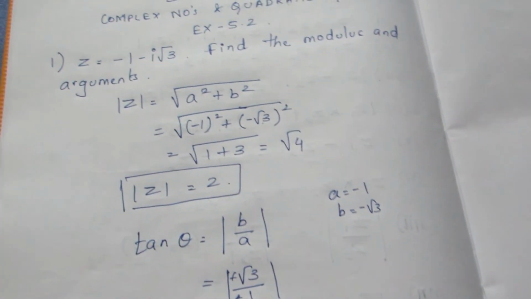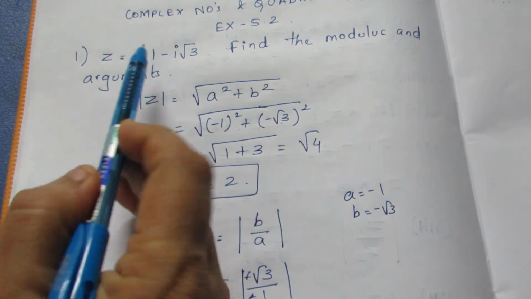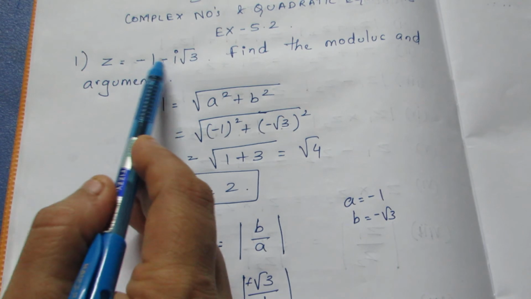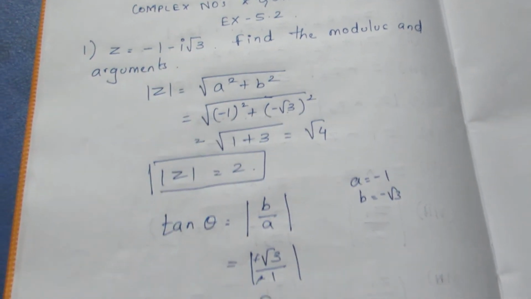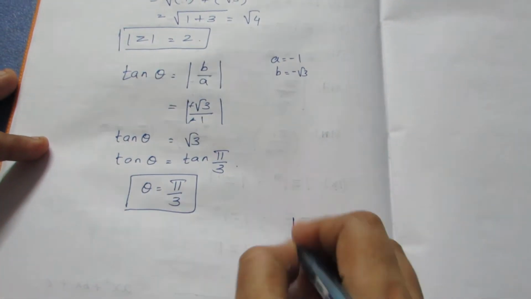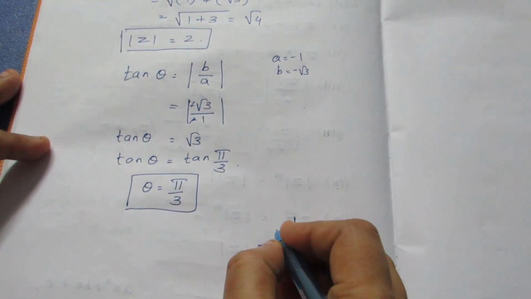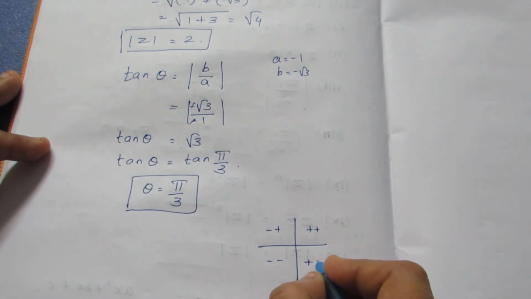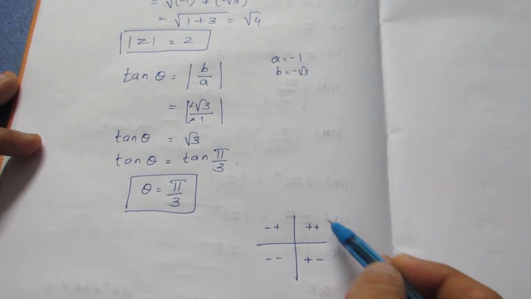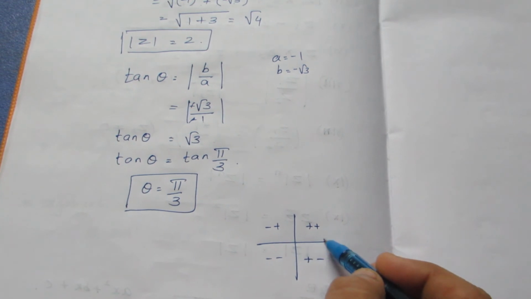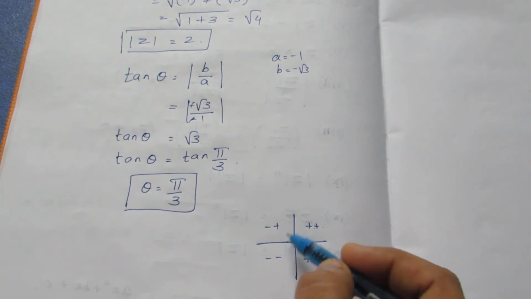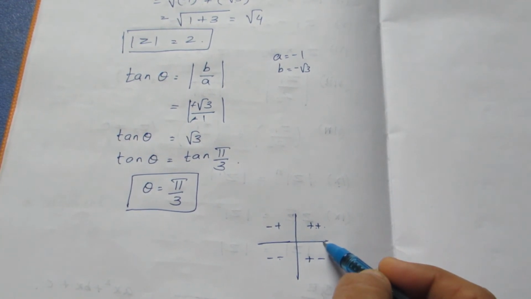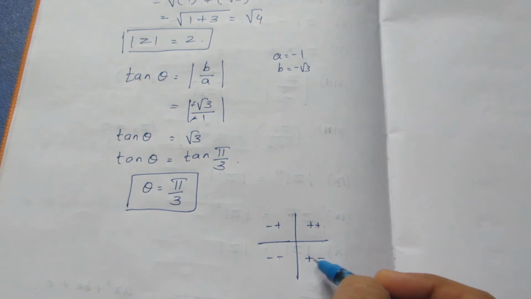In the question we see both the real part and the imaginary part, the sign is negative. If both are negative, we know that it lies in the third quadrant. This is plus plus, this is minus plus, this is minus minus, here plus minus. Remember this, in the first quadrant, this we have learnt in 7th standard. Here positive positive, so plus plus, here negative positive, so minus plus, here both are negative, so minus minus, here the x axis is positive and the y axis is negative, so plus minus.